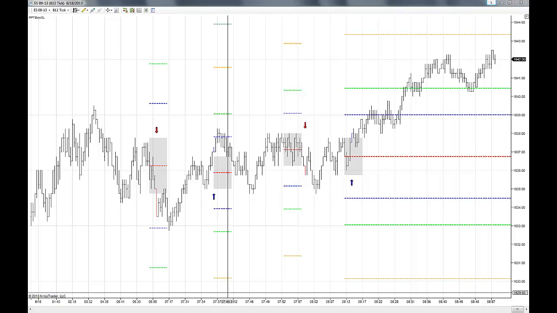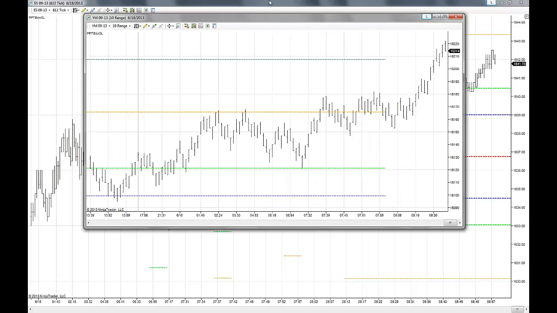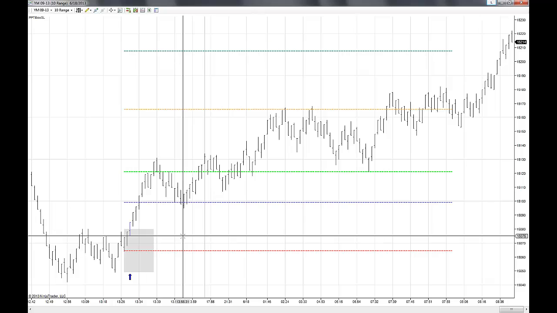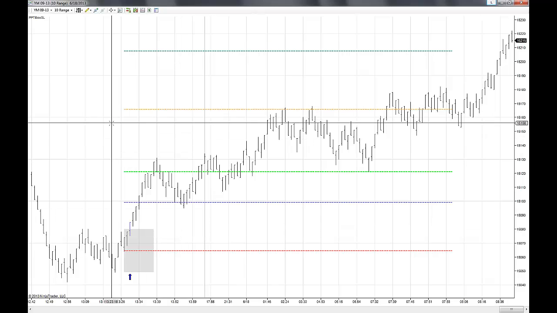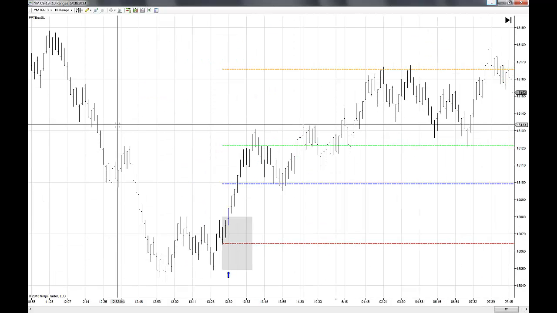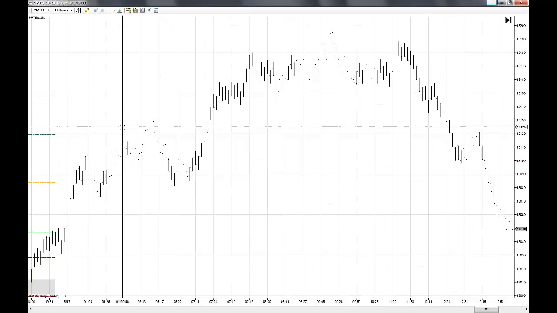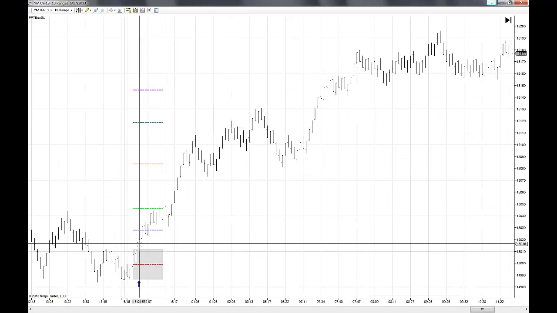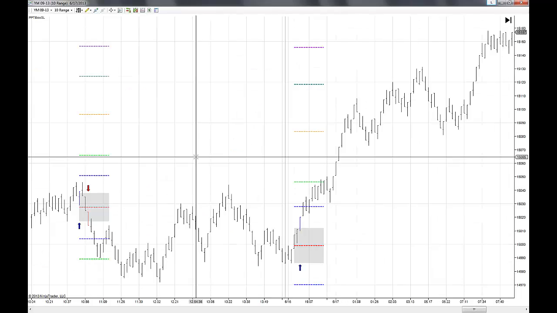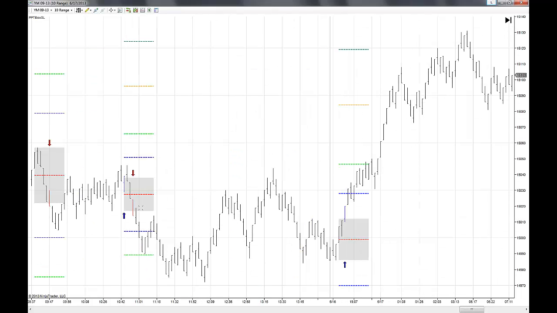So the YM, I have traded that before. So this is what I've done on the YM. On the YM, I've used a 10 range chart. Very, very few trades, but it usually gives really good trades. So you had one, and a lot of times they're off hours. Loser here, but,